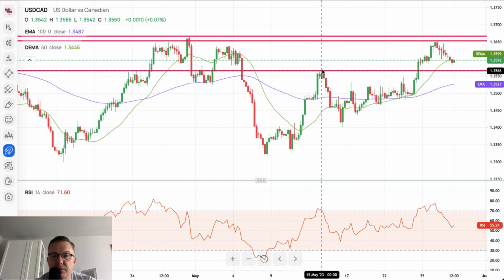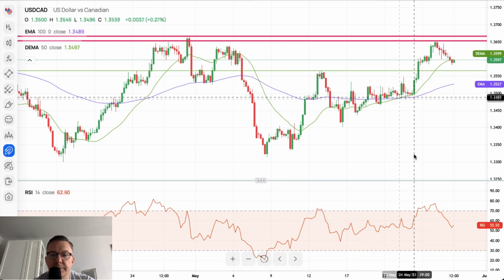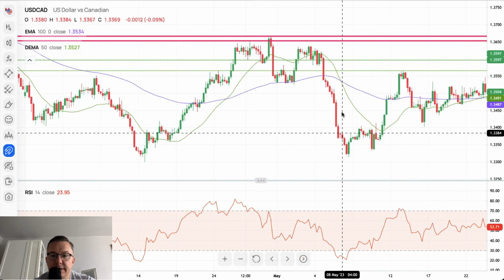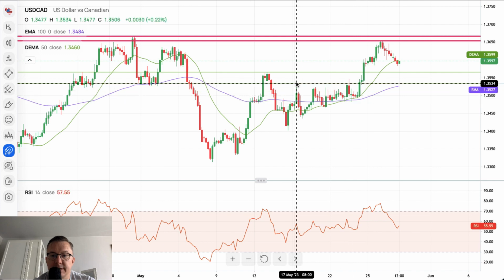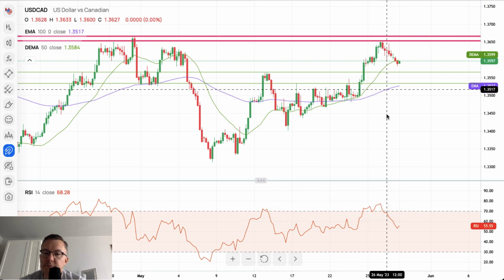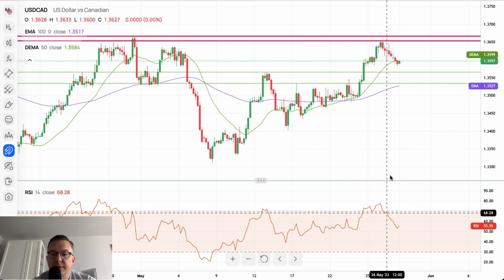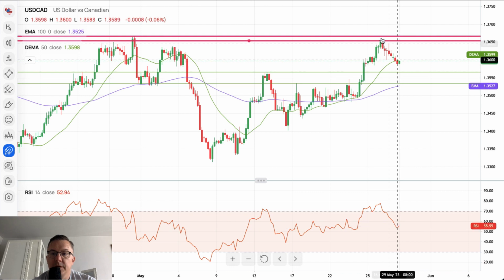We got the intraday technical support located at 1.3566. So this is the technical support which should be considered important, and the other technical support is located just at the level of, let's say, we got a very nice technical support at 1.3534. All right, this movement here, of course, to the upside looks exhausted. We hit the extremely overbought conditions. Now we are approaching the level of 50 during this movement to the downside,